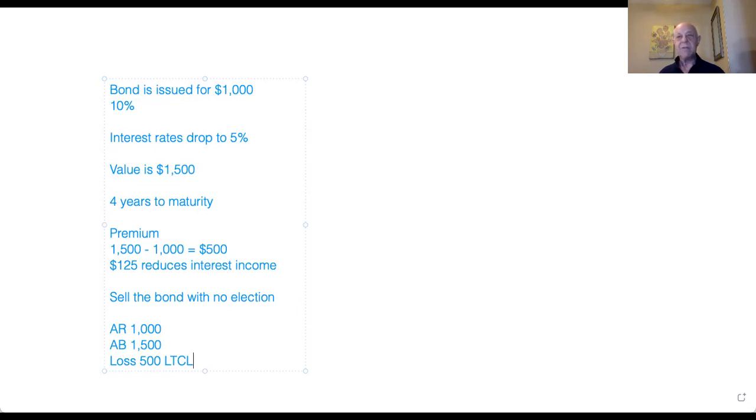So the premium is going to reduce the interest income on the bond. And the way it would work in this bond, let's assume that I bought it on January 1st. So when I have 4 years to maturity, the first year I'm holding it for the entire year. I'm going to have interest income, and the interest income is going to be $100. And I'm going to have amortization of bond premium of